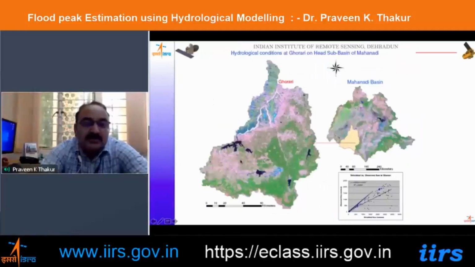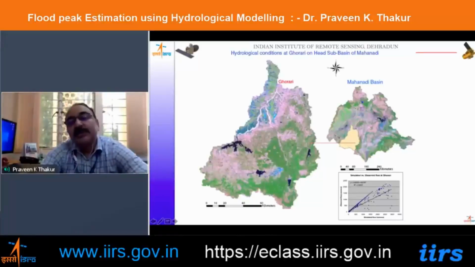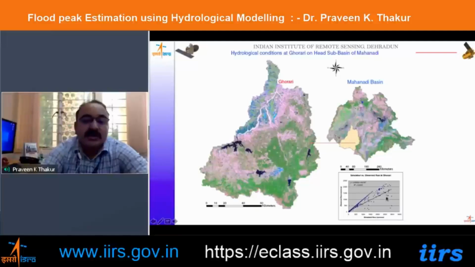Within this basin there are also small dams and check dams, which will attenuate flow and cause storage of the water. Unless you are able to represent all these internal storages correctly, your accuracy will not increase beyond 50 or 60%. So that is what you have to take into account whenever you do hydrological modeling for